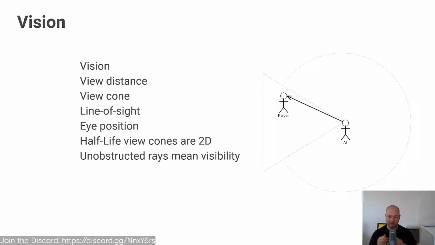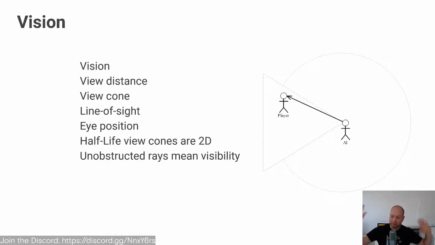So you have to take into consideration things like your eye position. So you're not just an infinitesimal point in space. You might actually have two eyes, right? And you can get quite deep here. And if your ray is not being obstructed, meaning it's not intersecting anything, and you can raycast and hit the object, then you can see it within a view cone, right?